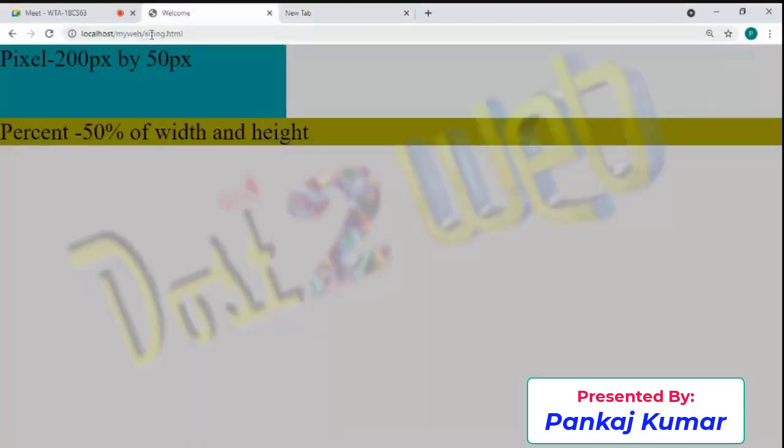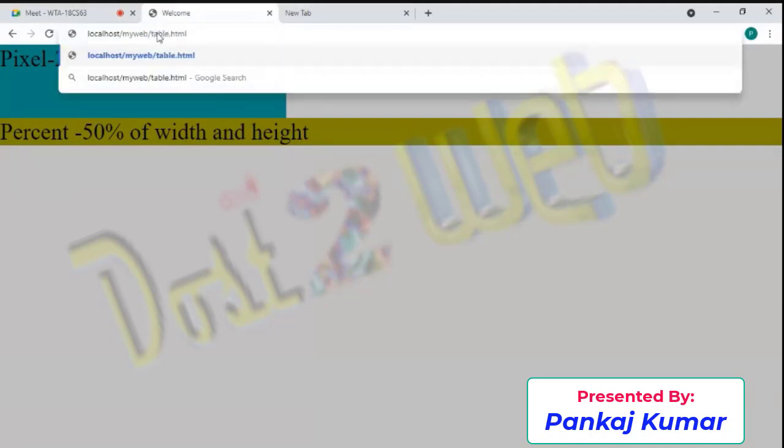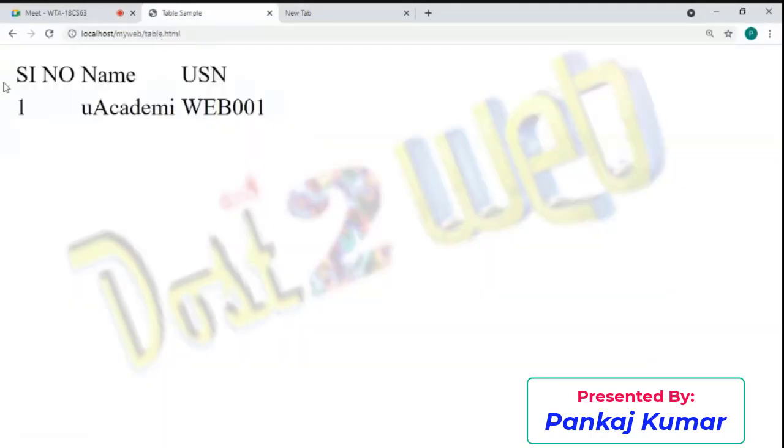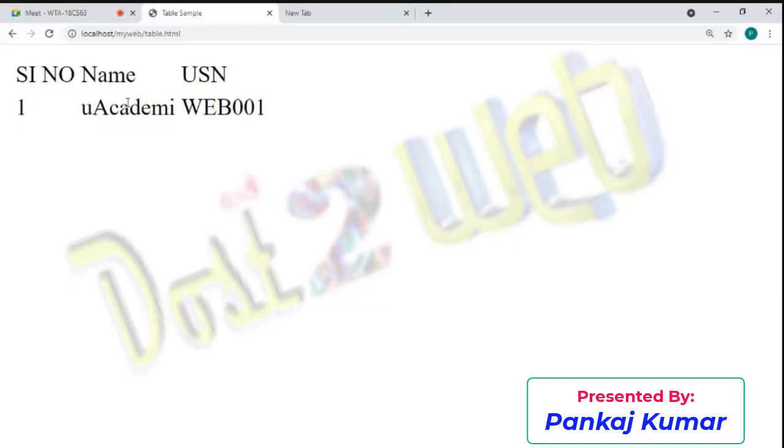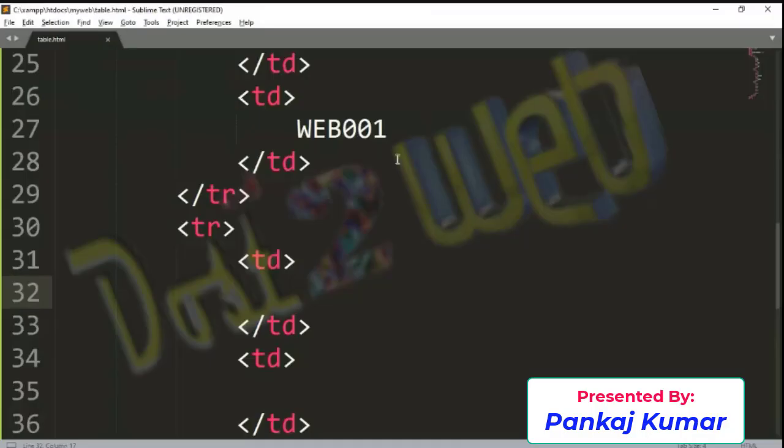Just the same way, open the path, and the file name is table.html. I'll open this one. Can you see that? Now it has appeared. Now this is the table row. The first I've given is serial, name. These are all rows. This is not the header. Remember, guys, that's why it is appearing like this. Now we have to work on one row, we will add one more data.